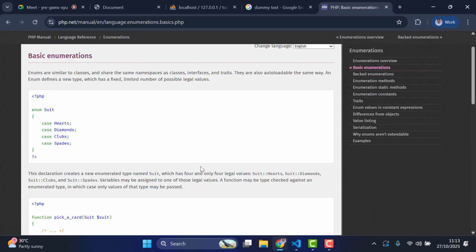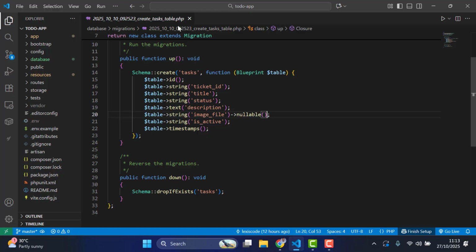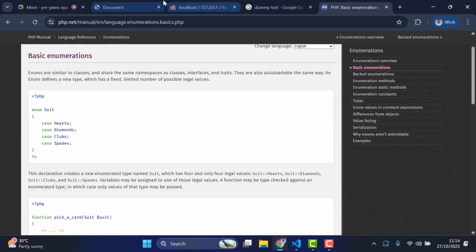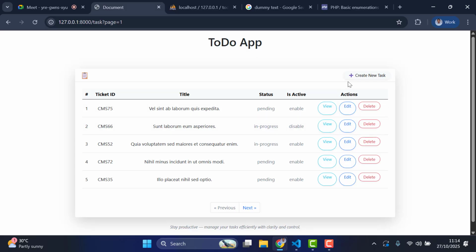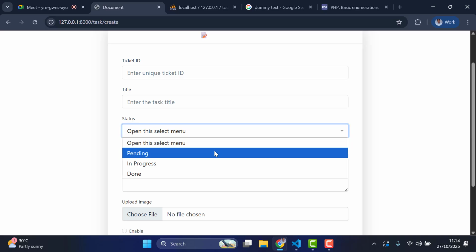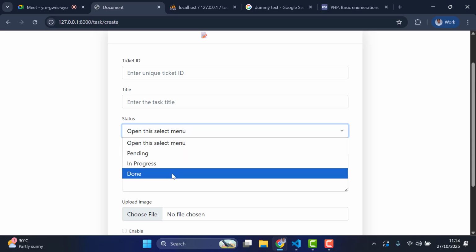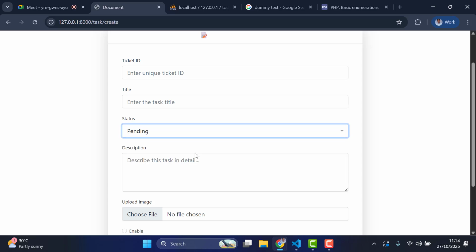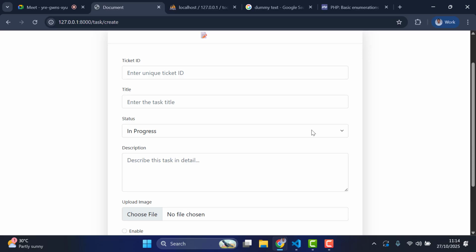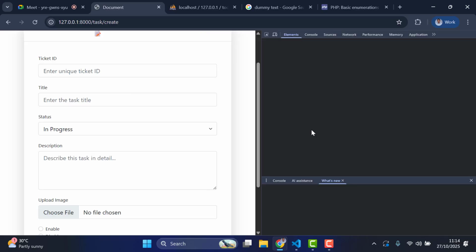The point about this enum, I will just keep it simple. Later when we start the real project, we will make it more technical. But what I just want is for you to have an idea of what enum is in a simple sense. For example, now in these fields we have pending, in progress, done. Sometimes you want to enforce that nothing other than these should be stored inside the database. Because a person can come here like this,